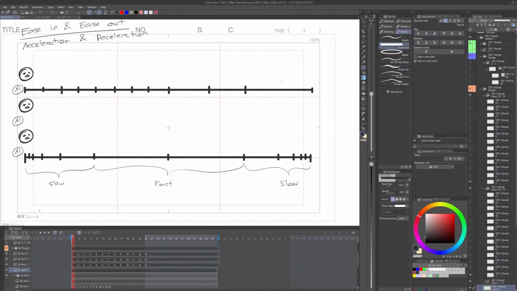So what we're going to do is right here. One, two, three, four, five, six, seven, eight, nine, ten, eleven. So I need to add two more. So this graph that I'm doing is more